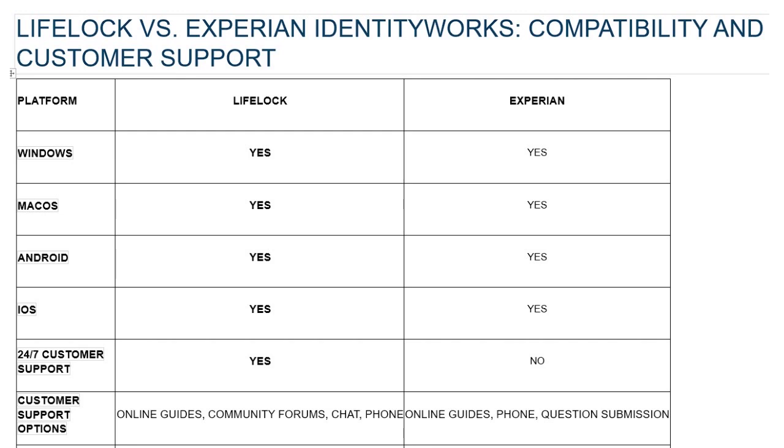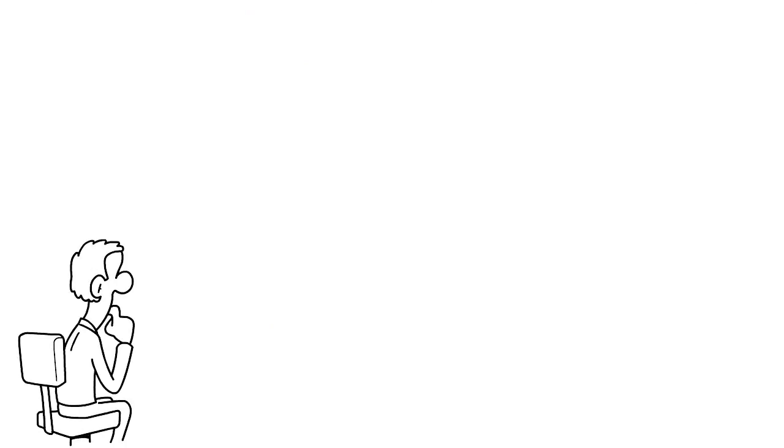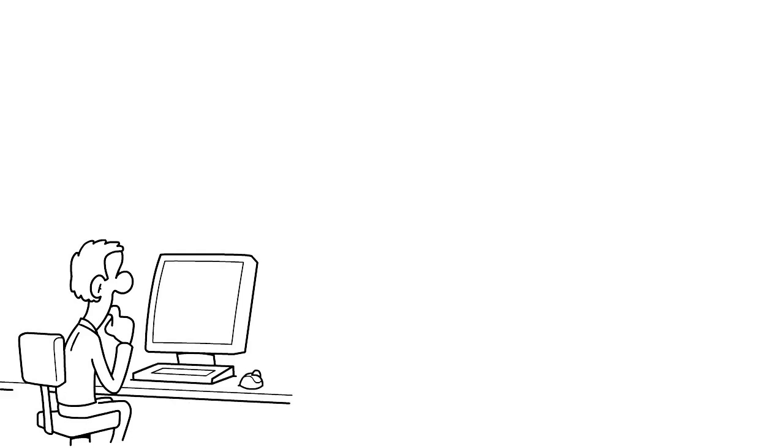In terms of customer support options, you have online guides, community forums, chat, and phone. And Experian has online guides, phone, question submission. So this is something to think about. If you're not really in favor of that, this could be a little problematic. Okay. And so both LifeLock and Experian are user-friendly and have clean, easy-to-use dashboards. That's for sure. There's a lot to explore